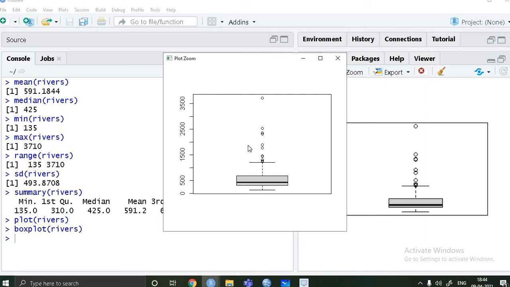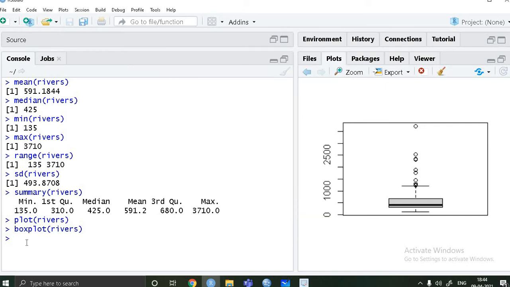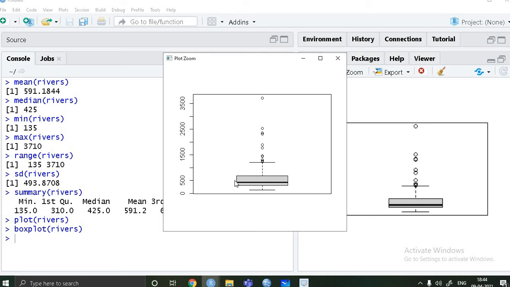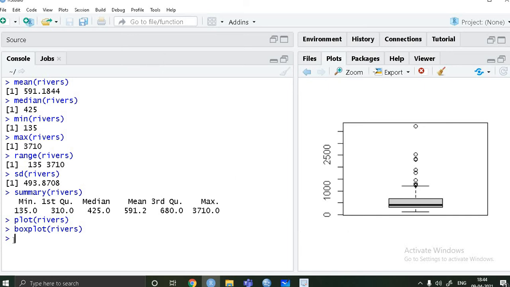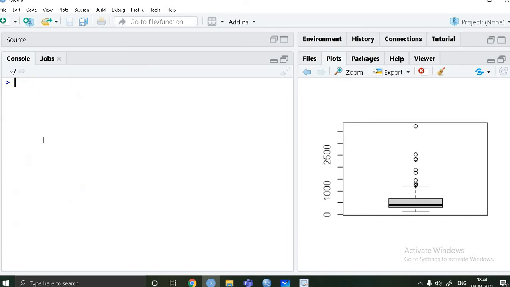Now statisticians understand that outliers are the biggest enemy of your data. So whenever you do regression and so on, you have to remove these outliers and then do it. So the box plot tells me the outliers, and also this is my median, this black line. This below line is the minimum, this is the maximum, and these are some of the outliers.